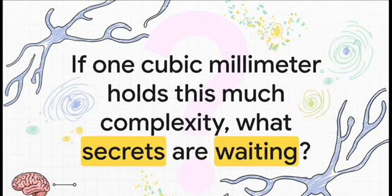And that just leaves us with this final, kind of humbling thought. This entire journey, all of these wild discoveries, came from a piece of our brain no bigger than a pinhead. So it just makes you wonder, what other beautiful, bizarre, and unimaginable secrets are hiding in the billions of other millimeters that make up the rest of the